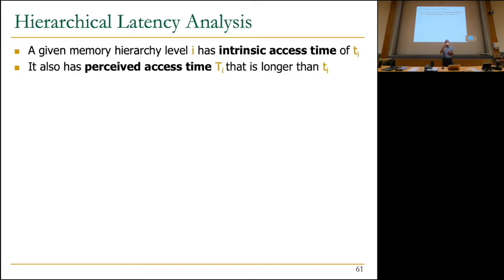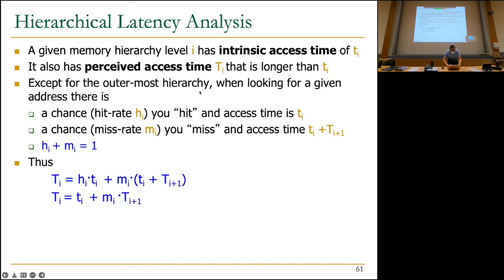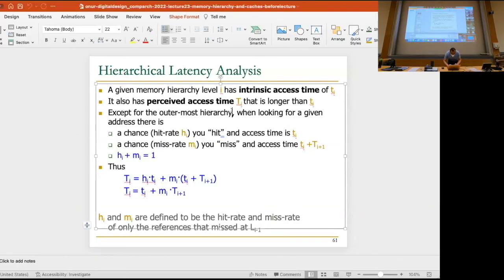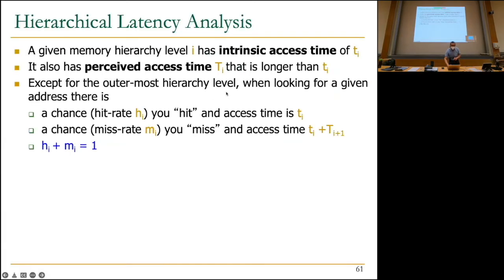Why? Because you don't always hit in that level, right? Sometimes you miss whenever you access that level. So except for the outermost hierarchy level, there should be a level. I'm going to fix it because otherwise I may forget it, and it may also help you. Okay. So except for the outermost hierarchy level, when looking for a given address at one level,